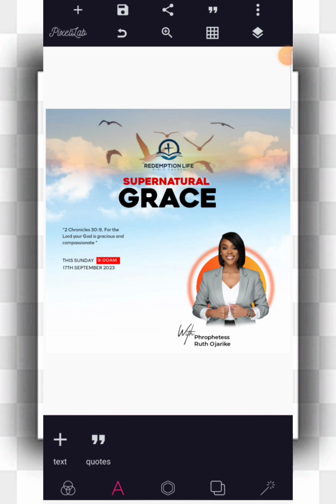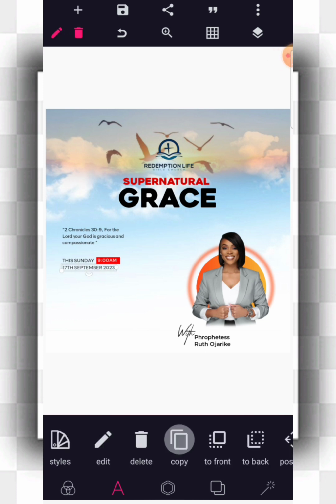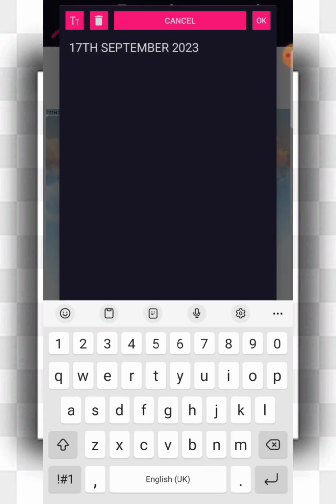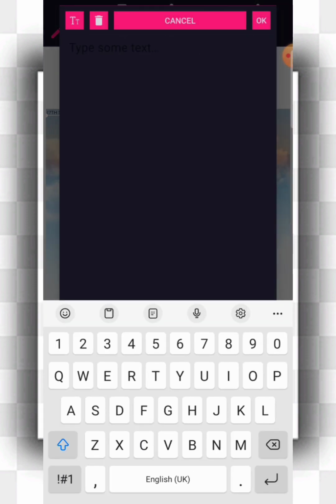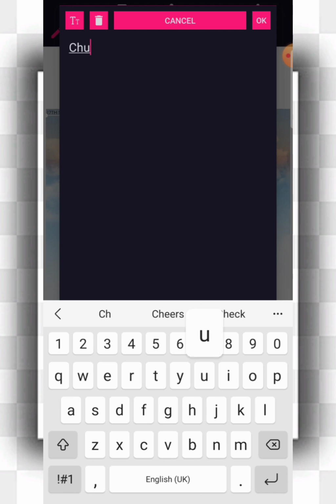So where is this program happening? Right, let's bring in the venue. So we're going to copy this text. We're repeating the same font. So it's happening at the church auditorium. Oh my god, I'm getting auditoriums wrongly spelled. So it's auditorium,